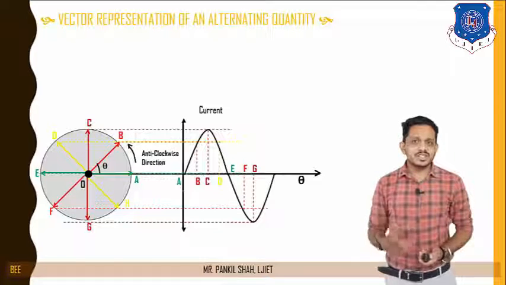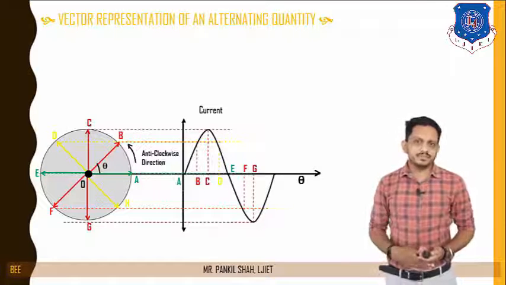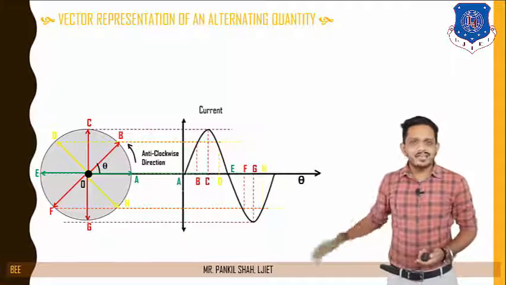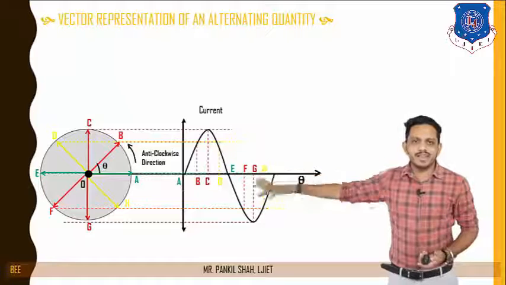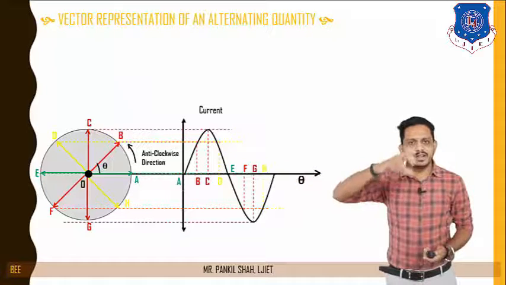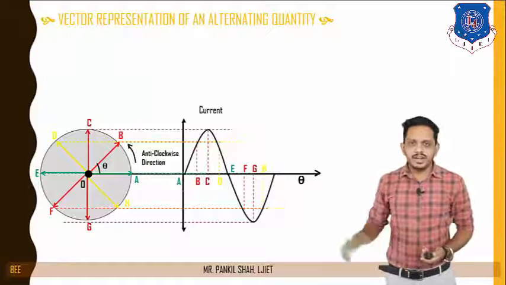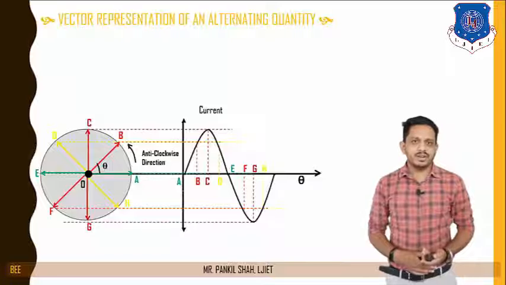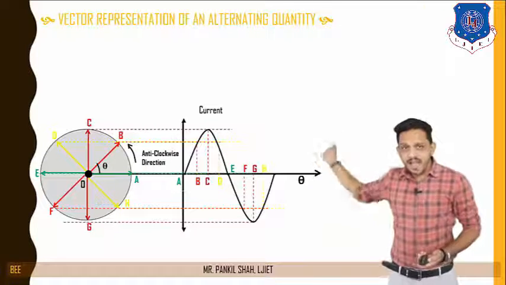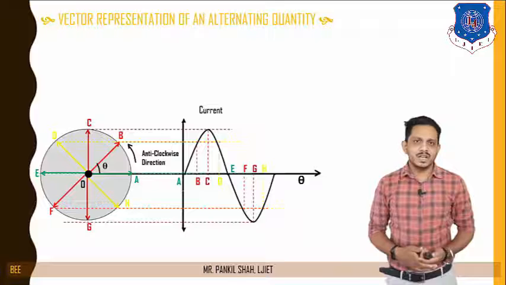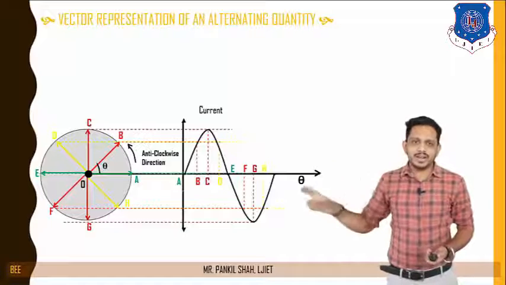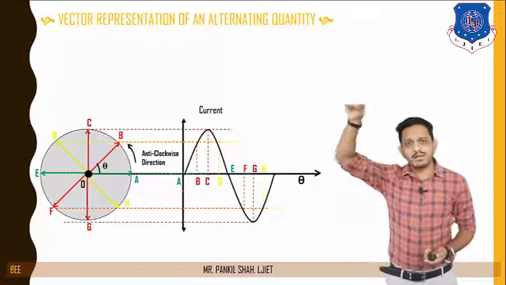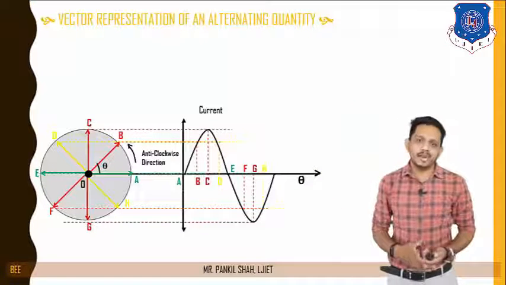Similarly, let's say at some point H, our vector has again rotated by some angle, and this H point is also in the negative half cycle. So this H point of the negative half cycle in this alternating cycle is representing some vector, and that vector can be represented at this position OH. So we can say that the magnitude of that vector can be calculated by the length of that vector, and the angle should be calculated from the reference 0 degree to that point.